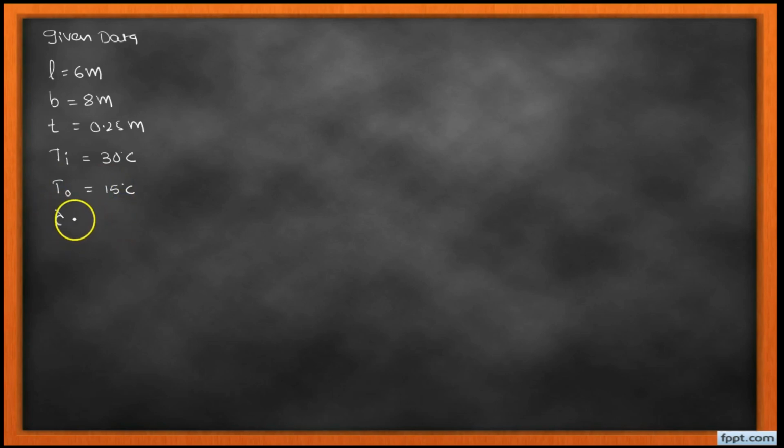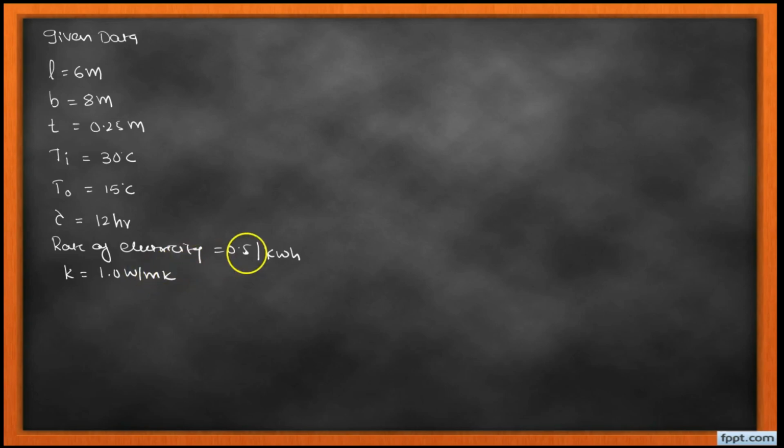The time period is 12 hours, and the rate of electricity is given, that is 0.5 per kWh, as well as the thermal conductivity of the roof is given, that is 1.0 watt per meter Kelvin. It means, suppose we have the room